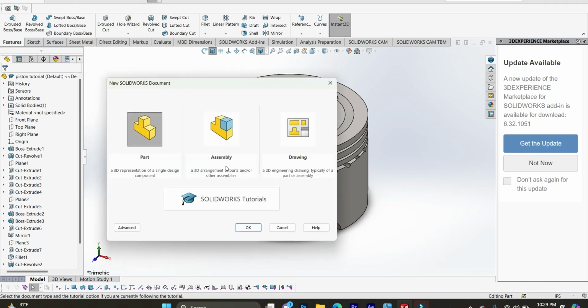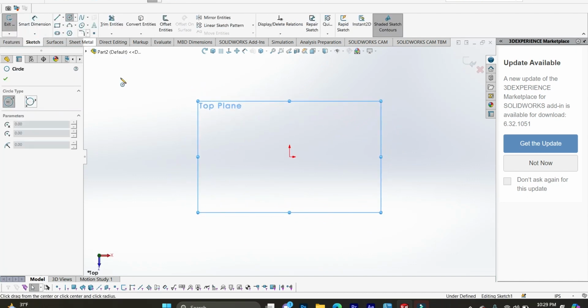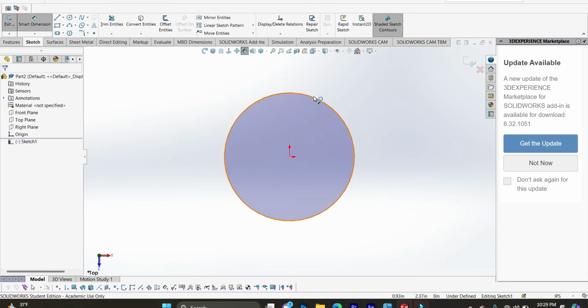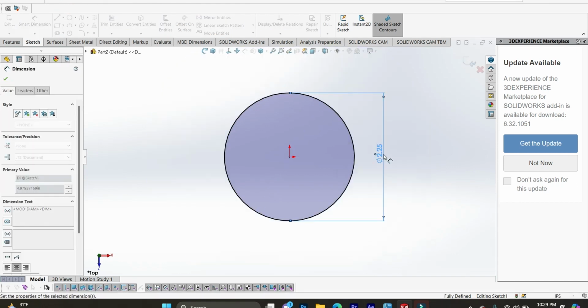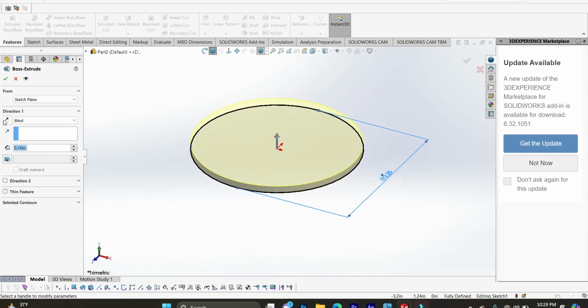Now let's start a new part, and the units we want them to be inches, pounds, seconds on this side here. On the top plane, start a new sketch, then draw a circle centered on the origin with a diameter of 2.25. Enter, then go to features, extruded boss with blind extrusion, flip the direction and give it a length of 1.45,